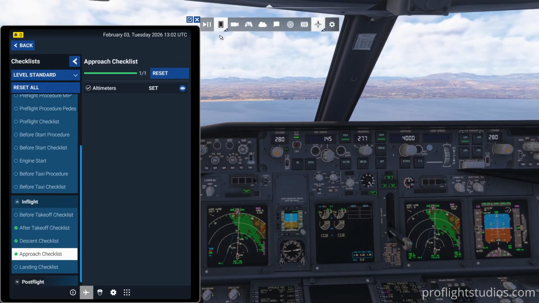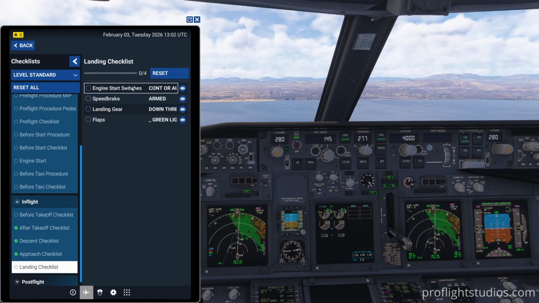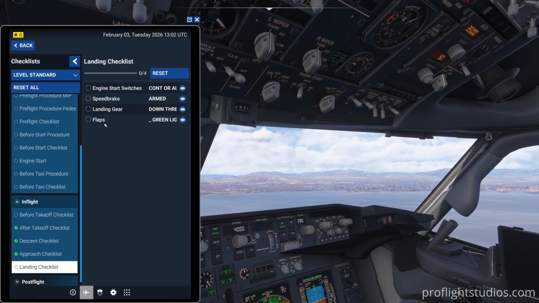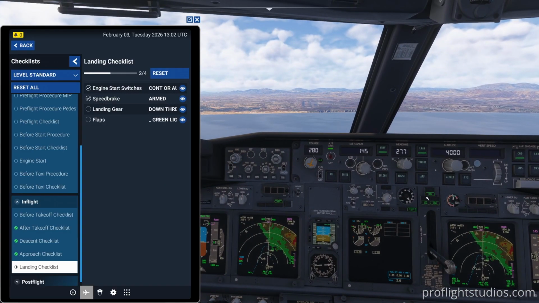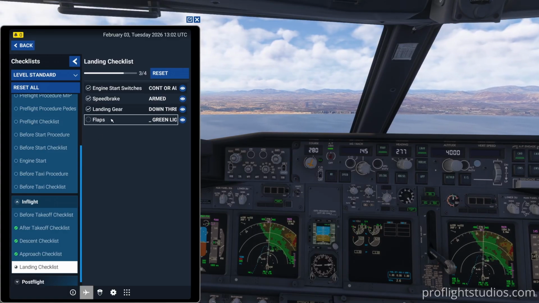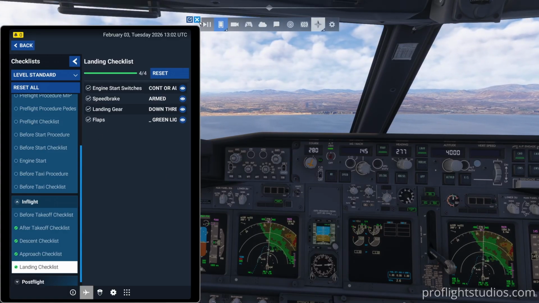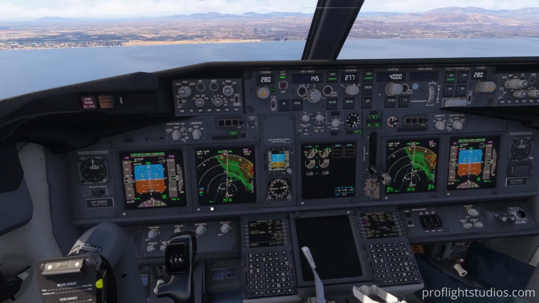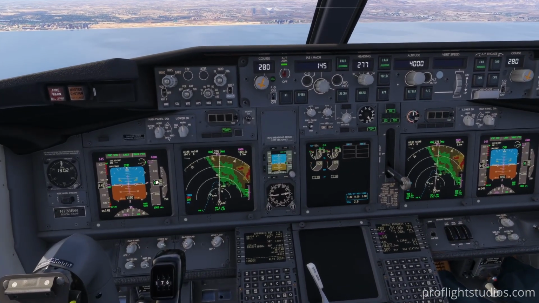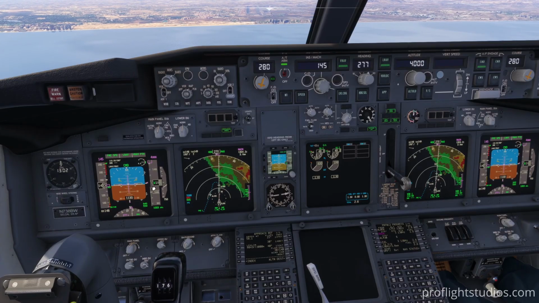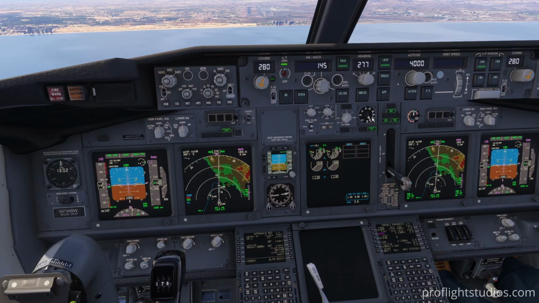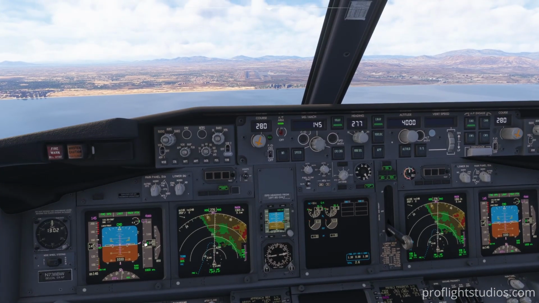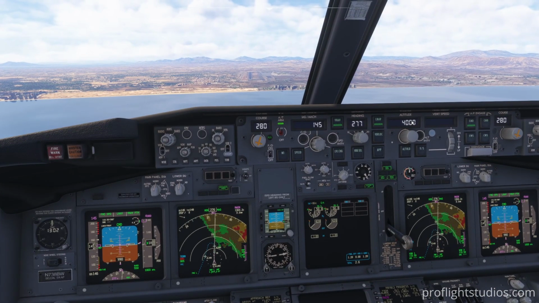Now we're visual. Then you're going to call for the landing checklists, which is challenge and response. So your FO would say engine start switches, you would say continuous, speed brake, you would say armed, landing gear down, some airlines say 3 greens, and the flaps 30 green light, landing check is complete, and then make sure you've got landing clearance. Okay, so this is the point at which in the approach most airlines want you to be stable, so they want the gear to be down and the landing flap to be set. So there's 1,000 feet. Make sure you've got your missed approach altitude set,